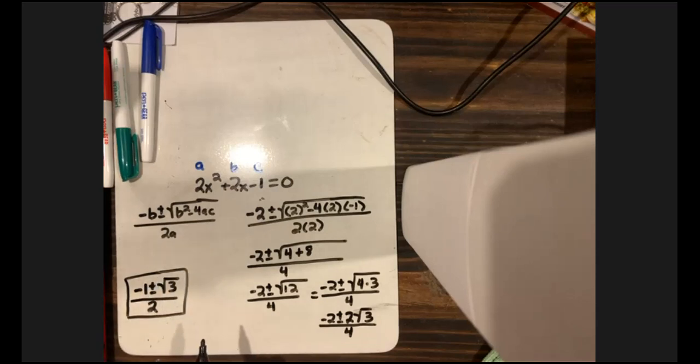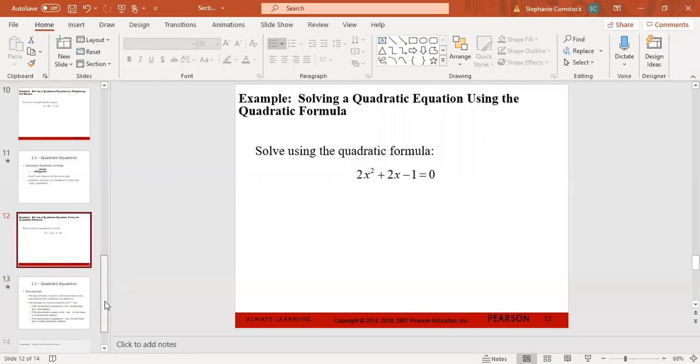Okay. That is both of them that are going to come up, because if you had to write them separately, you would have negative 1 plus square root of 3 all over 2 and negative 1 minus square root of 3 all over 2. Okay. So now one other thing that we need to talk about that goes along with our quadratic formula stuff